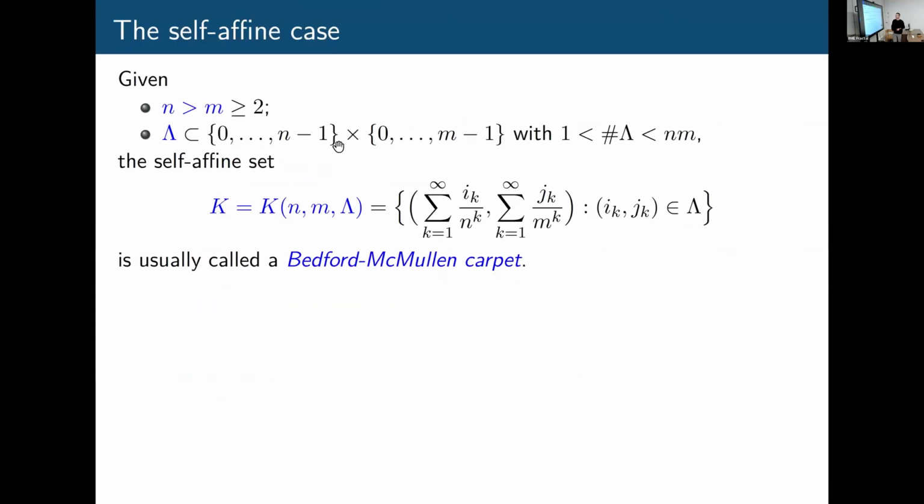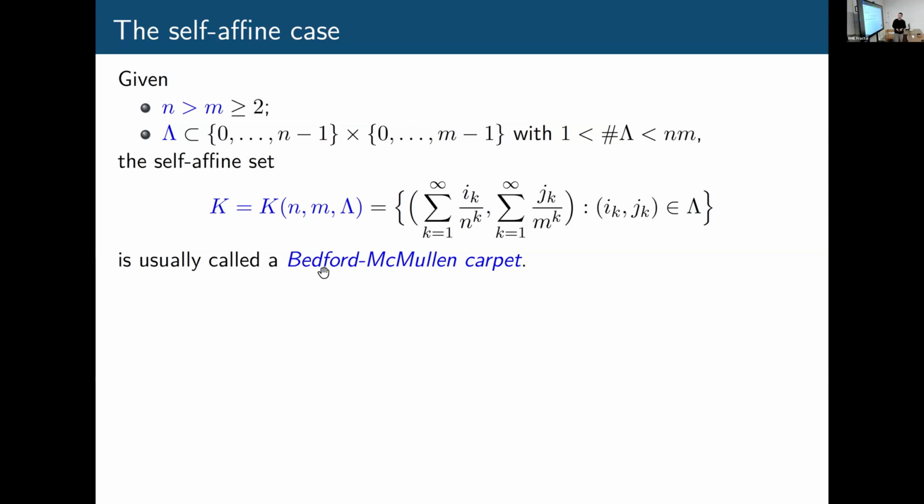Okay. So until now, I'm talking about embedding between self-similar sets. What about the self-affine case? For general self-affine sets, this problem seems very, very hard, but it's good to have some geometric structure inside the self-affine sets to make some real progress. So a very nice test example is the so-called Bedford-McMullen carpet, because it possesses a very nice grid structure.